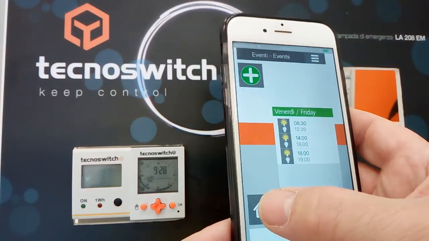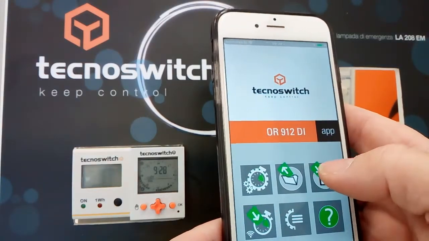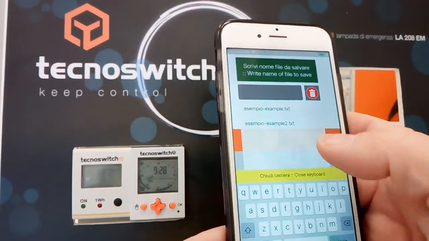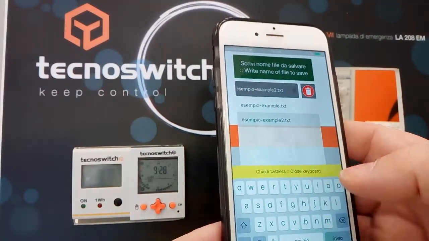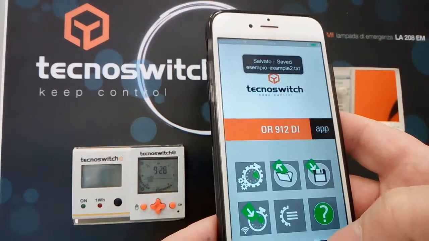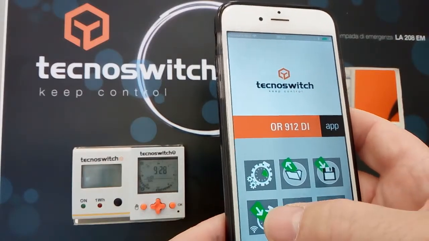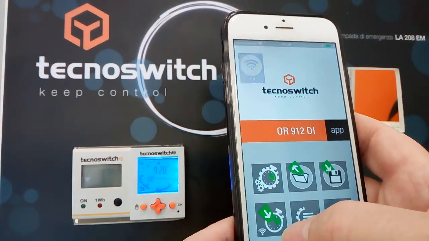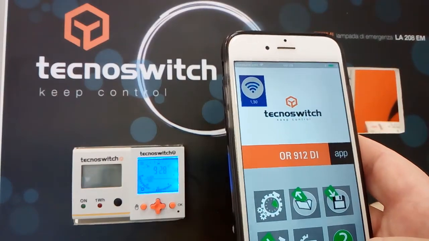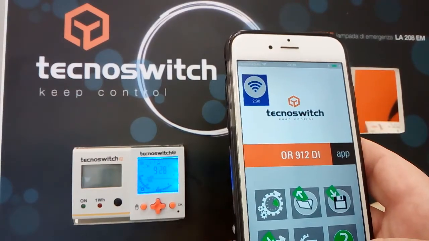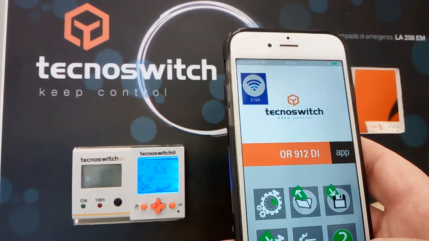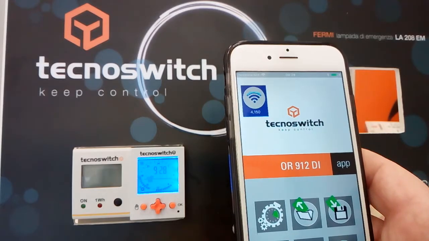Now we go back. We save this new example here. Save. And transfer again to the clock. Now the clock has the modified value. We also can do some other operation with the clock. For example,